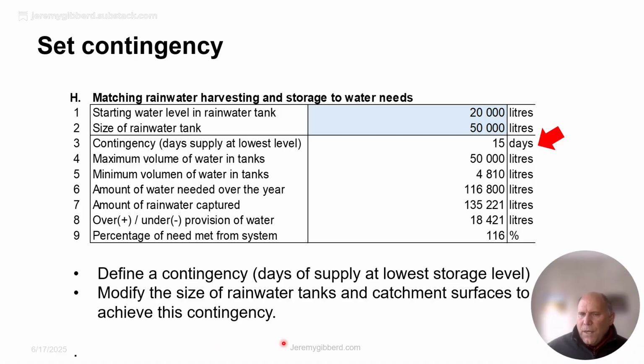So while you're thinking about that dry period, you need to think about a contingency. And what is your contingency? How many days of water do you need to have stored in case rainfall is late, in case it's a bit erratic at the end of a dry season? And so what this shows is, this particular example goes for about a 15-day contingency. So it enables you to last a bit longer